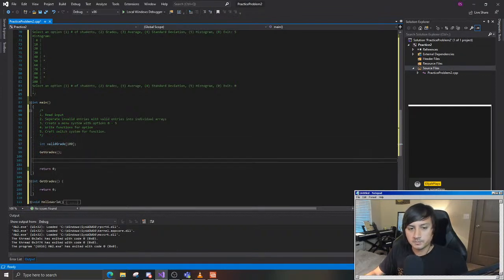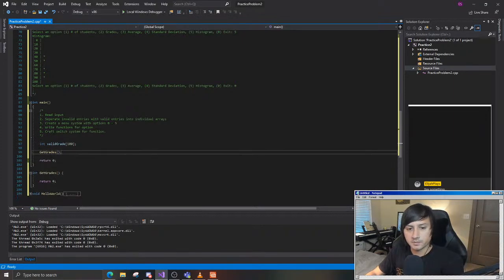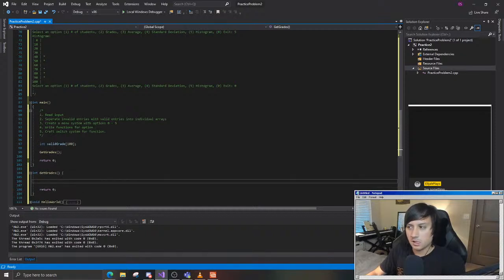Now get grades is this function. Here's the get grades function. I think valid grades is like global. I'm not entirely sure on that yet because I did some other practice problems earlier where whenever I modified an array in an outside function, it applied to the main function. Okay, let's just do some